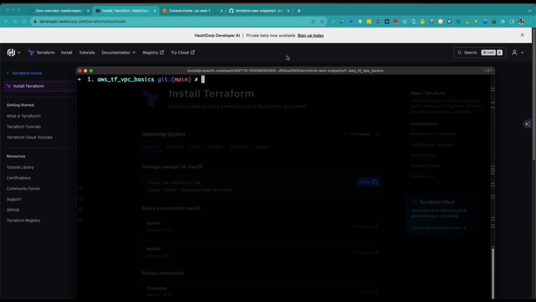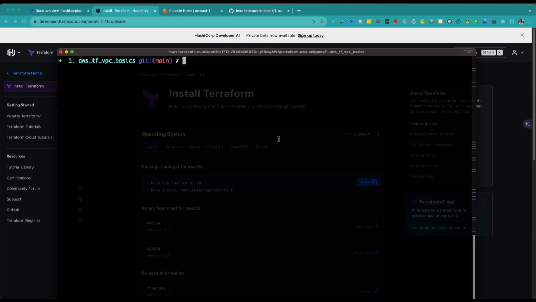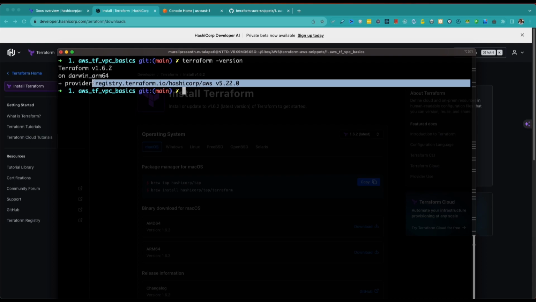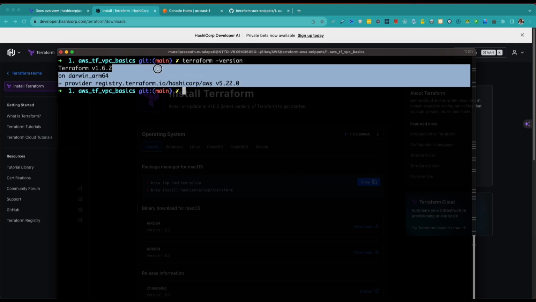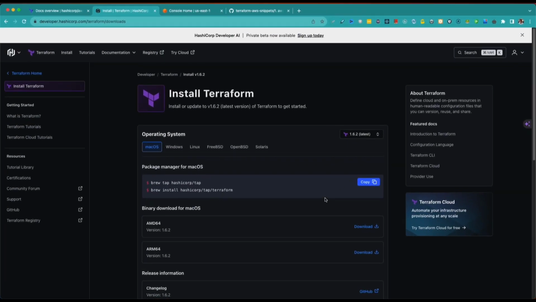So we will open up the terminal and type terraform -version. You should have the latest version of Terraform, and you should also have the provider registry in your local. Once you have Terraform installed, let's go ahead and open up Visual